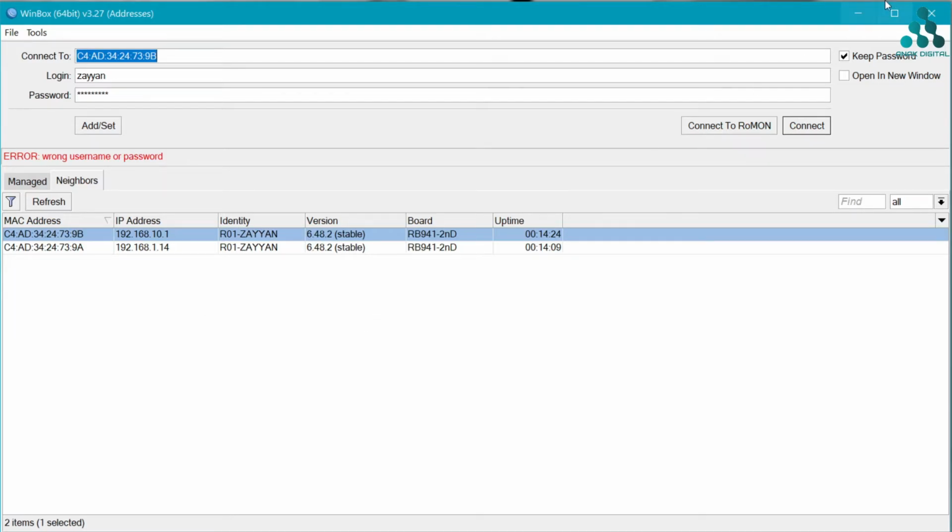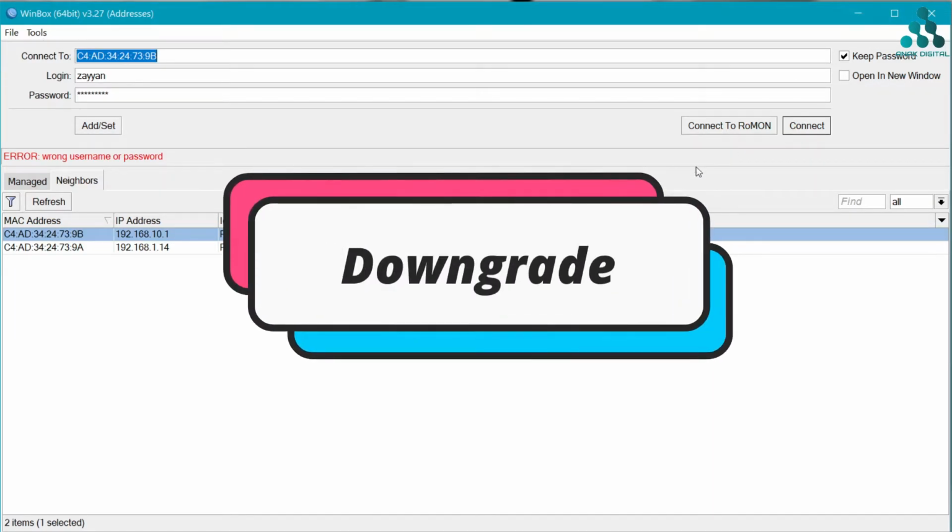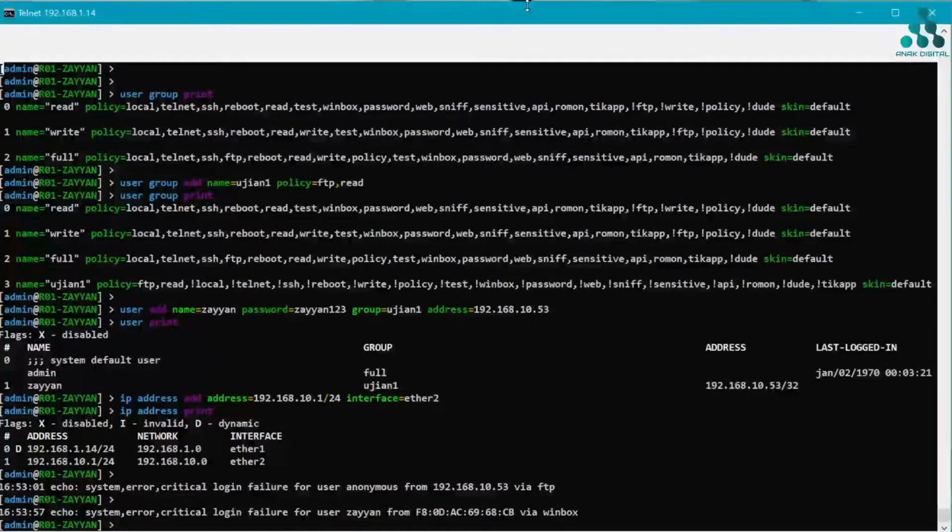Okay, and next is a downgrade the router MikroTik with the telnet.